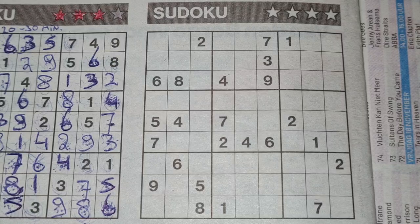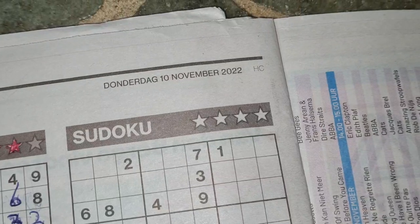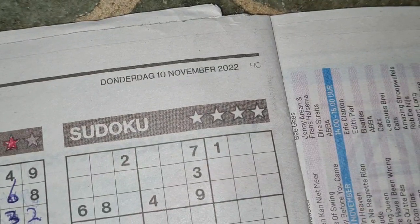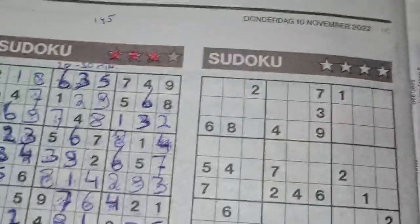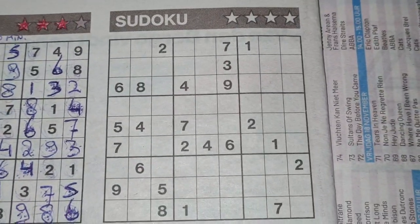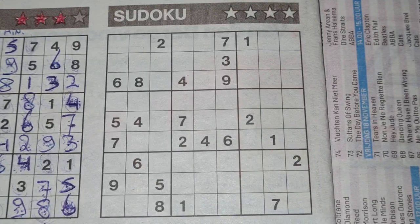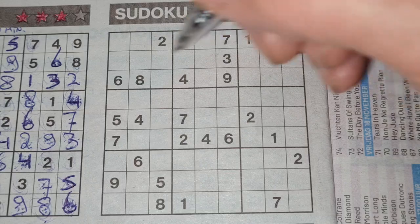Welcome back. Yes, the second puzzle is a four stars Sudoku in today's newspaper on Thursday, November the 10th, 2022. I've already solved one puzzle, so three puzzles are left: the binary, the tectonic with four stars, and it's time now for the four stars Sudoku. Is this really four stars? We don't know. But this will be number